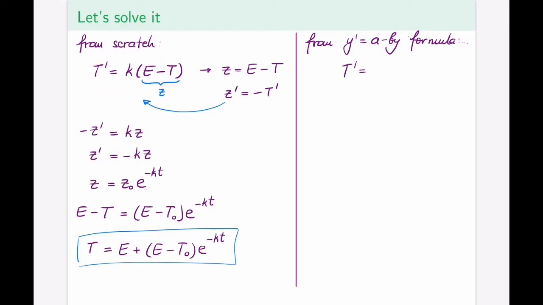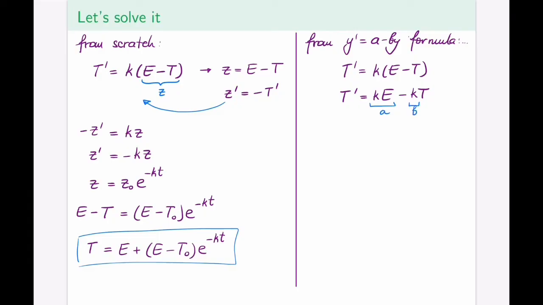T prime is equal to k(E - T), which doesn't quite match the a minus by form, but in order for me to do that, all I have to do is simply open up the brackets here. So what I have is T prime is kE minus kT,